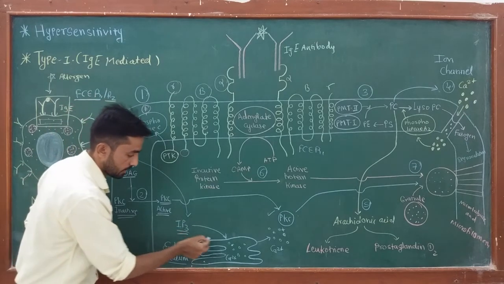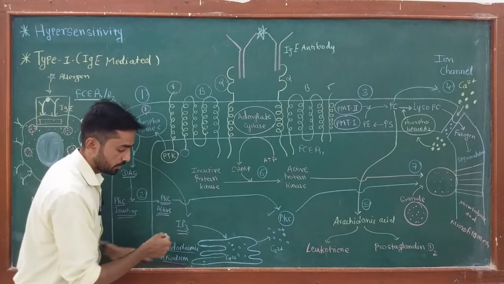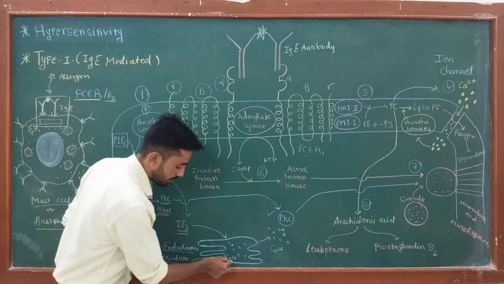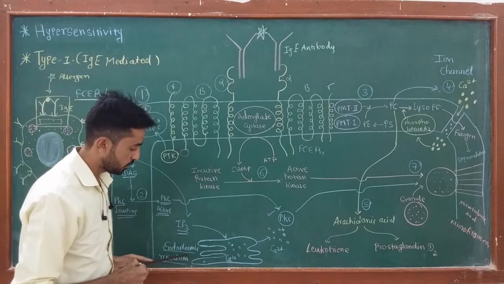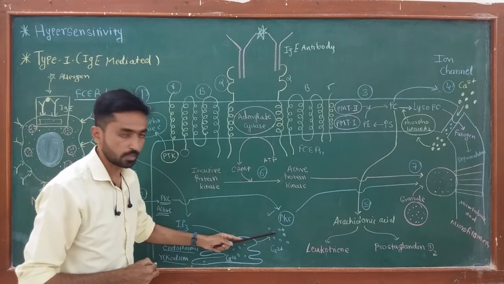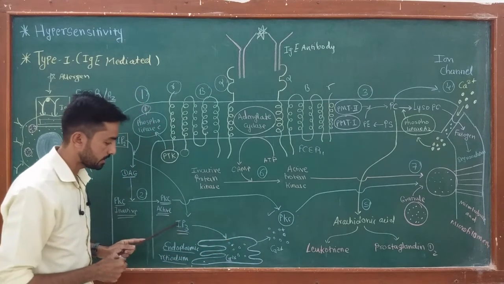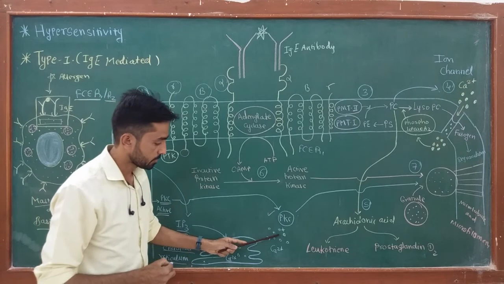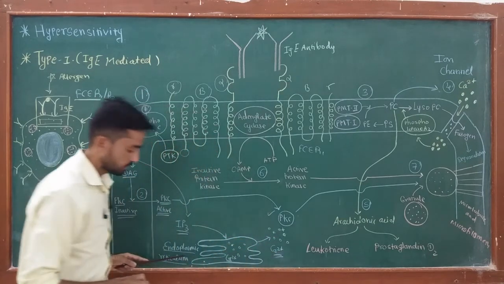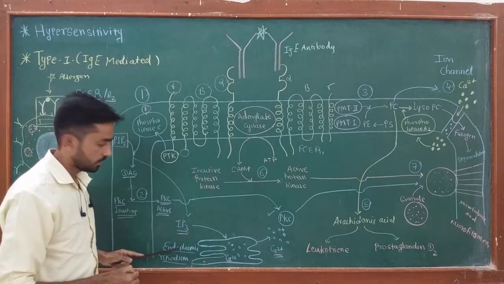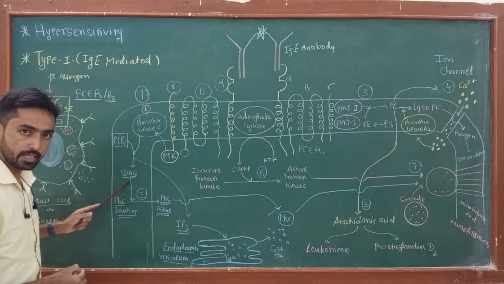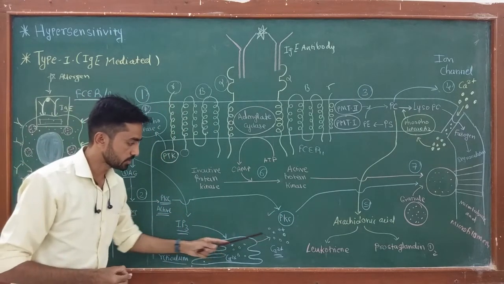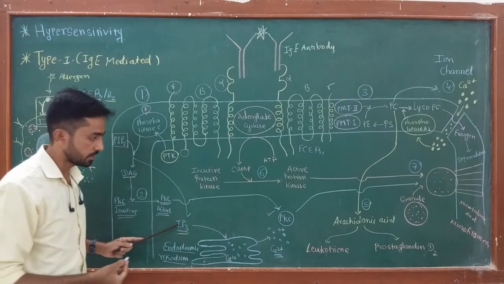This IP3 acts on the endoplasmic reticulum, which ultimately leads to release of calcium ions, Ca2+, which are present in the endoplasmic reticulum, into the cytoplasm. That means due to action of IP3, calcium ions are released from the endoplasmic reticulum. Okay. Now this PKC, which is activated initially by DAG, and the calcium ions which are released due to action of IP3, both